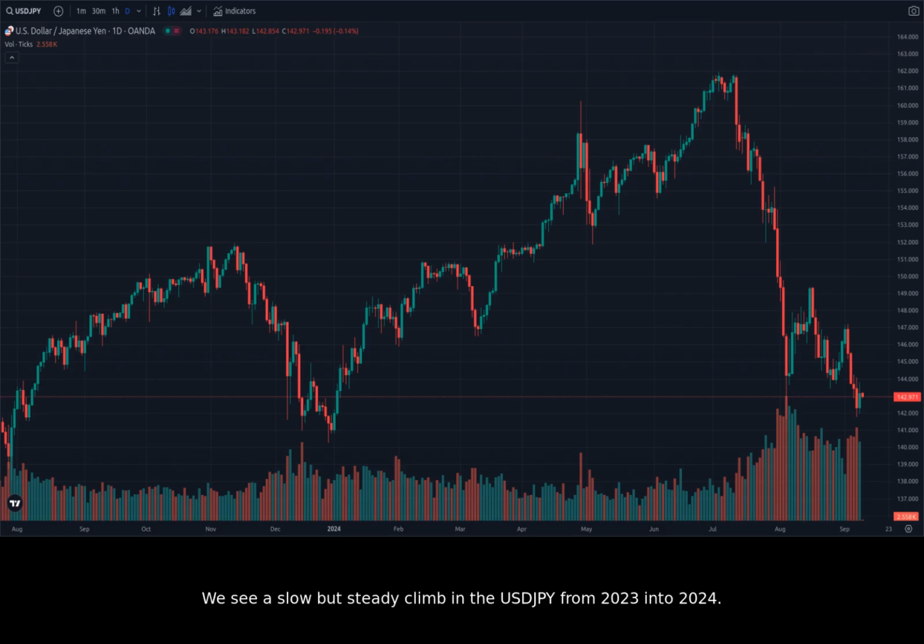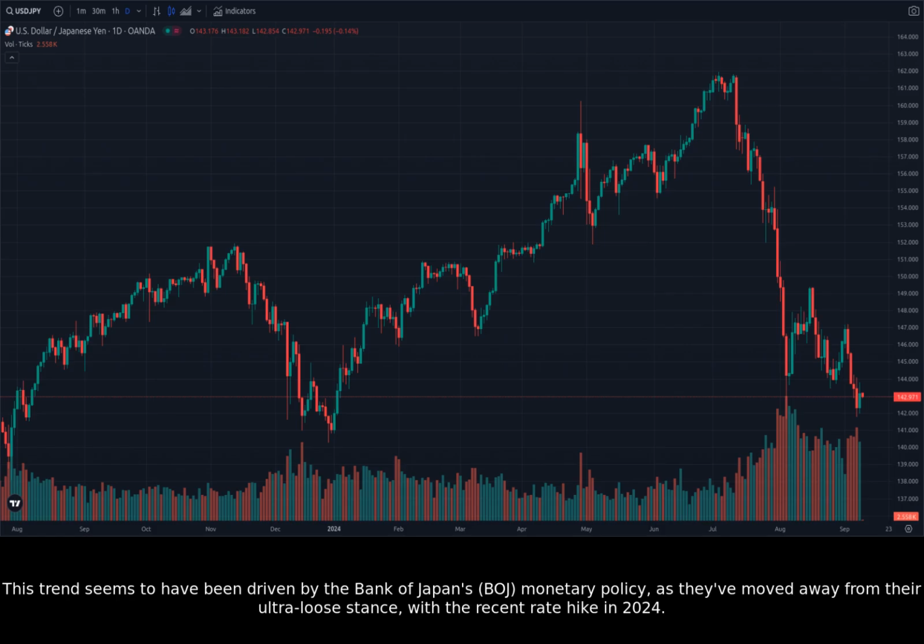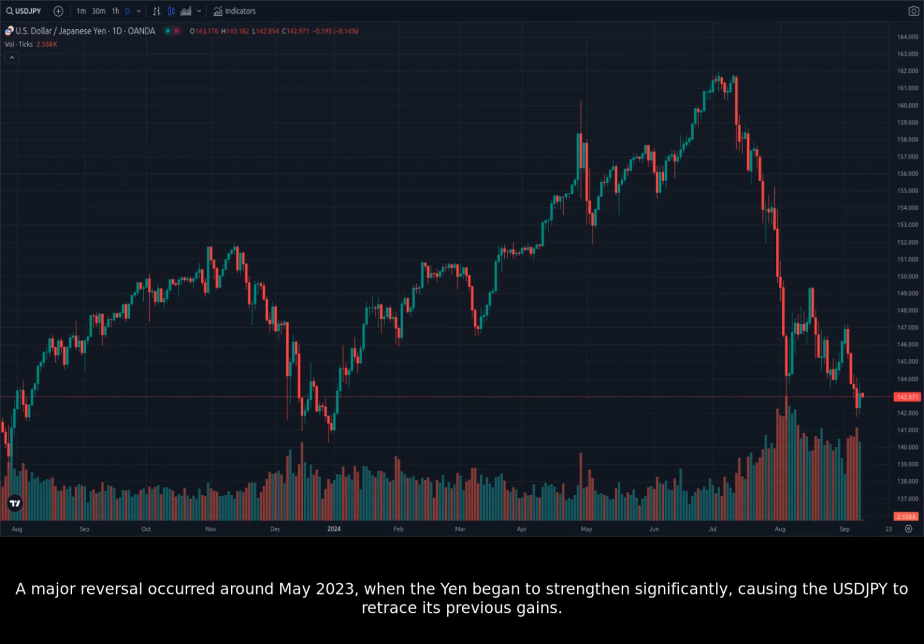We see a slow but steady climb in the USDJPY from 2023 into 2024. This trend seems to have been driven by the Bank of Japan's (BOJ) monetary policy as they've moved away from their ultra-loose stance with the recent rate hike in 2024. A major reversal occurred around May 2023 when the yen began to strengthen significantly, causing the USDJPY to retrace its